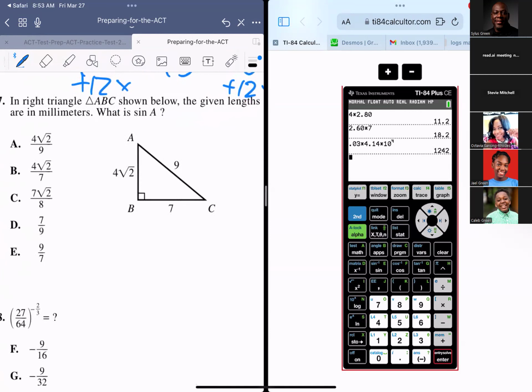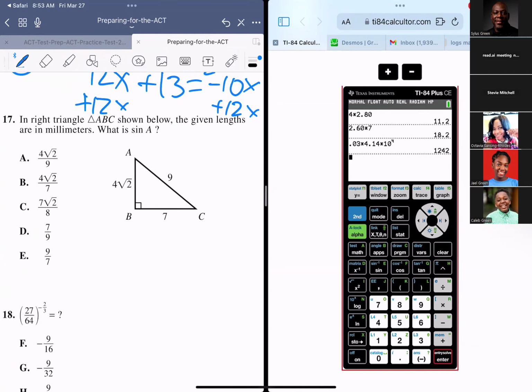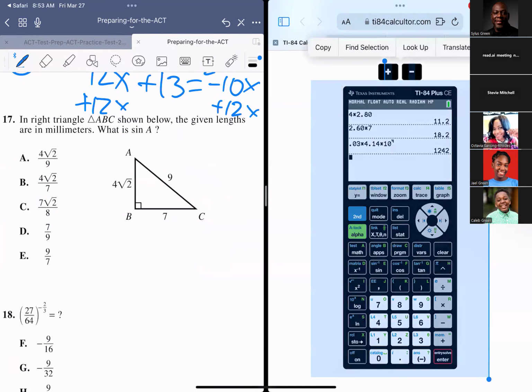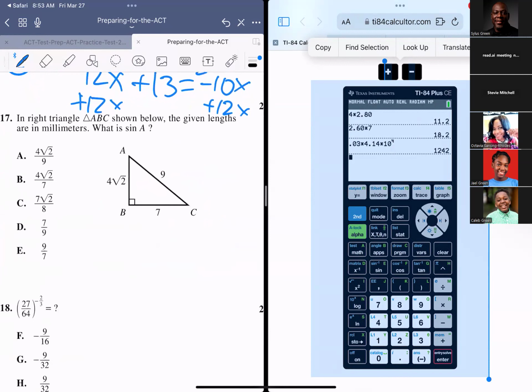Okay. The right triangle ABC shown below, the given lengths are in millimeters. What's the value of sine A? You really don't need to know that they're in millimeters, but you can if you want. But what's the value of sine A? This one you need to know